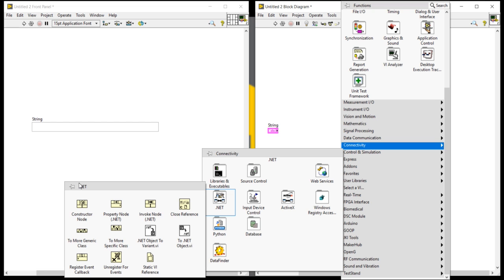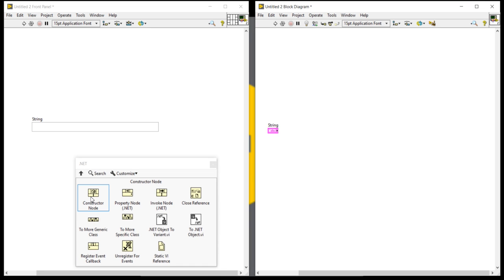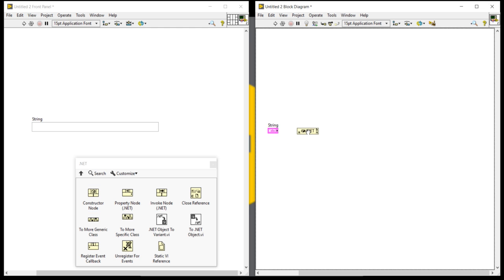Now take this constructor node. Are you getting this constructor node? Take this constructor node and place it here.